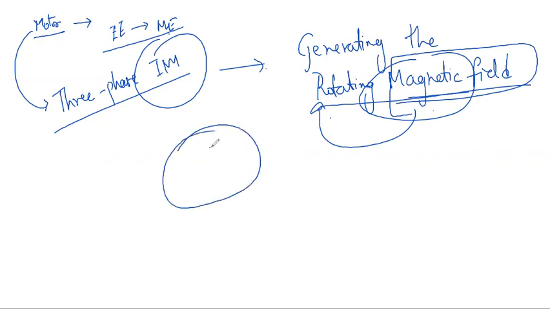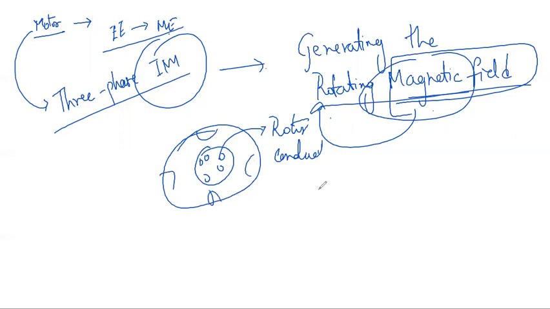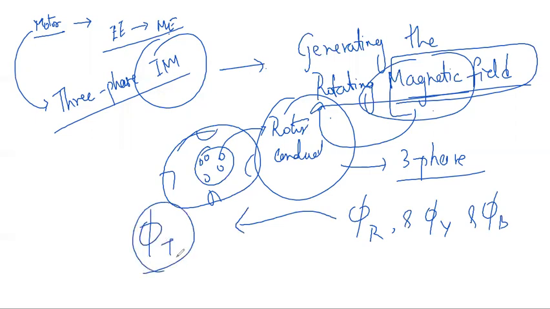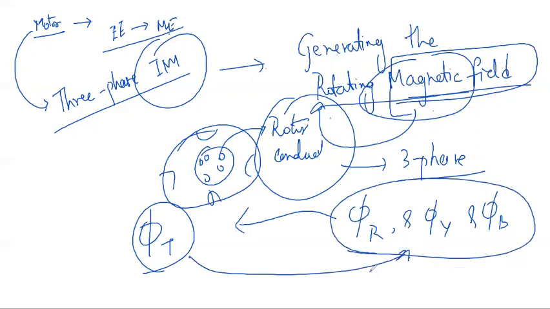So if I want to have the rotor conductors to be rotating, these are the slots that are present there. To make these rotor conductors rotate, I need to have the magnets present in such motors, and all these rotor conductors in all the three phases have to be analyzed, and the fluxes that are being produced in all the three phases, phi r, phi y and phi b, have to be analyzed, and the resultant flux is obtained from all these three fluxes, the instantaneous values of fluxes.